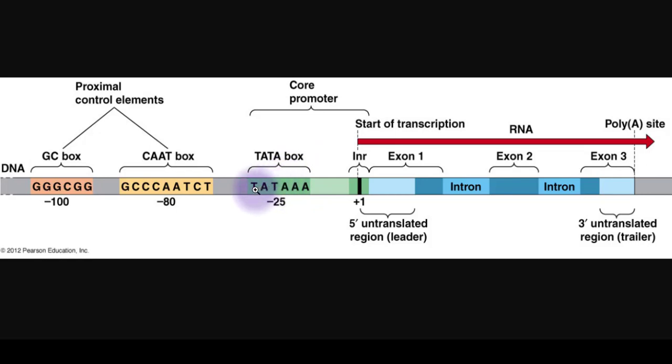This is known as TATA box because we have the sequence TATA here, and here we have CAAT box as well. We have GC box, and these are some regulatory sequences which will regulate the function of the promoter. But then again, this is not very important for us. So we have two parts of a promoter, the proximal region and then the core promoter region. And at the end of the core promoter region we have this +1, which is the start of transcription,